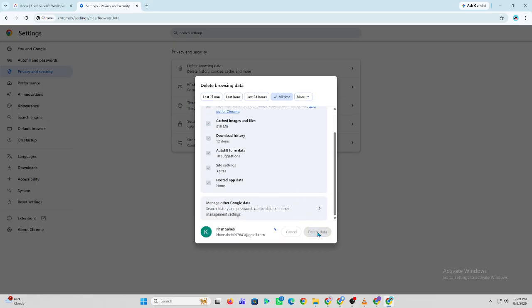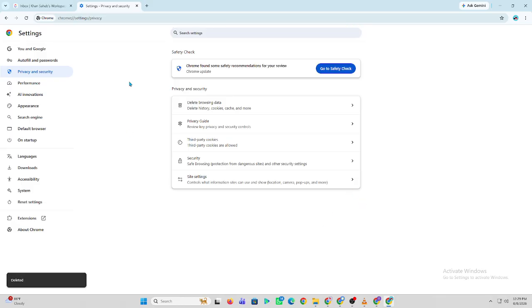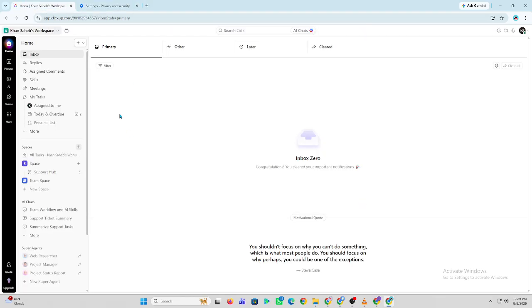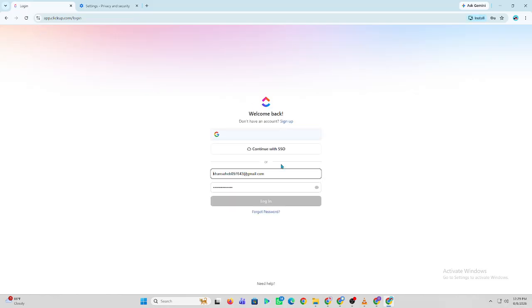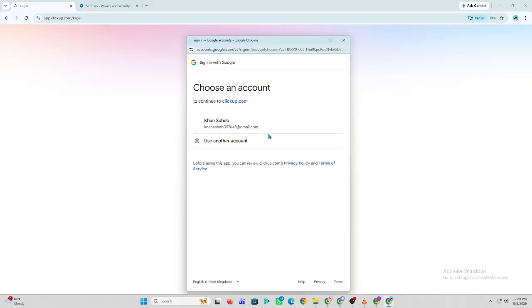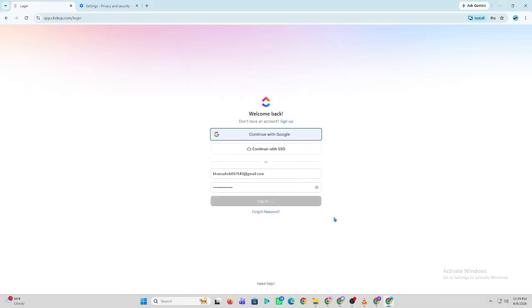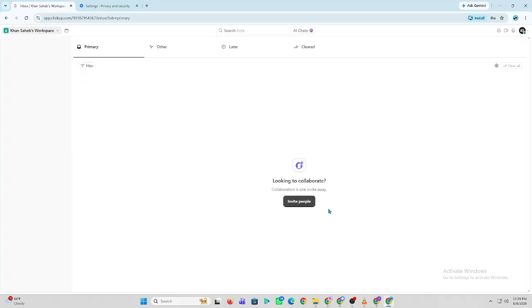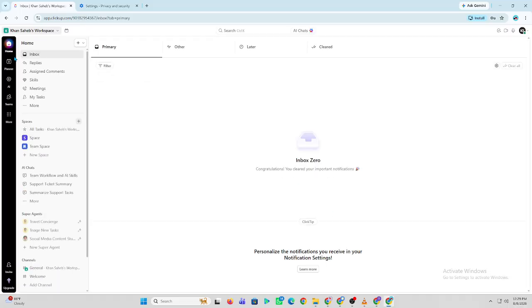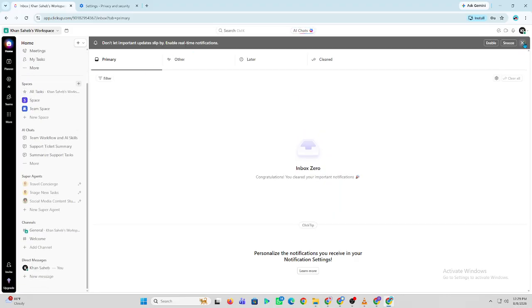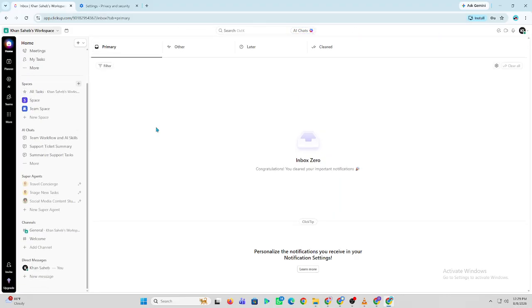Next, check whether the issue affects a specific task, project, or integration. Sometimes sync problems are caused by a connected app or individual item. Review your ClickUp integrations, such as Google Drive, Slack, or other connected tools, and make sure they are properly authorized. If you are using ClickUp with a team, confirm that everyone has the correct permissions to view and update shared information. Finally, log out of ClickUp, sign back in, and test whether your workspace is syncing correctly, and that's how